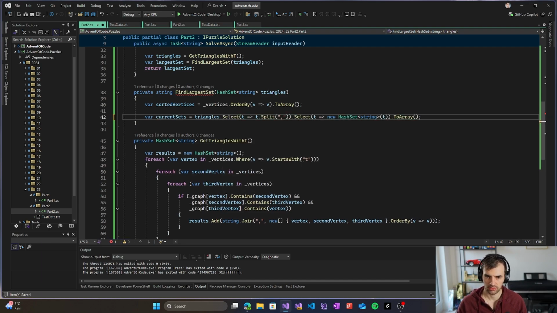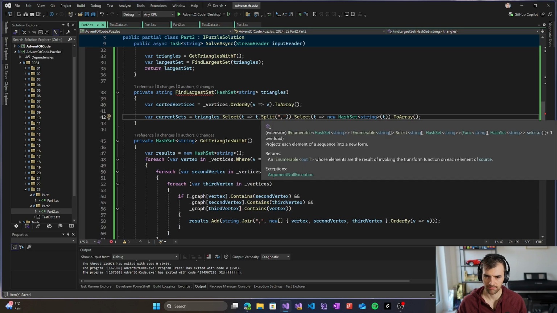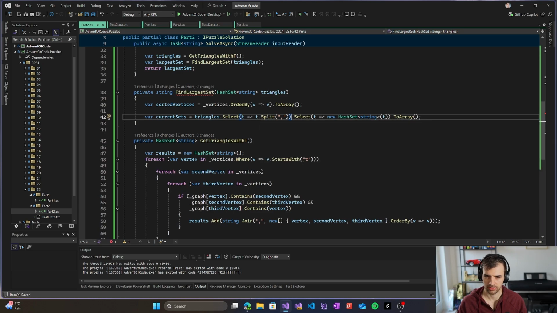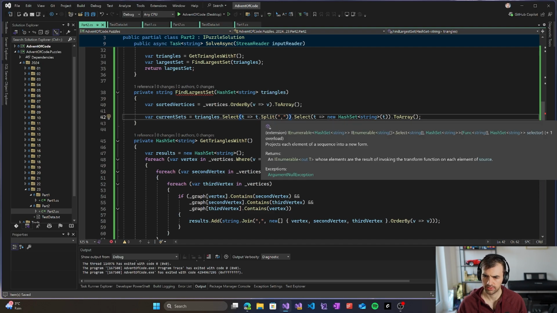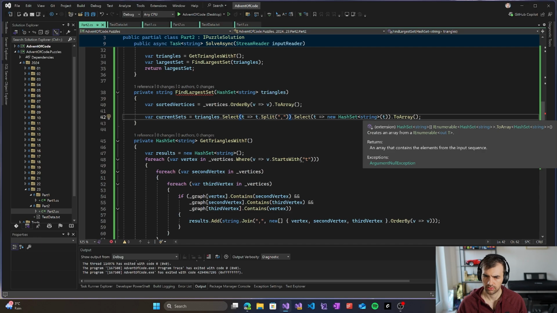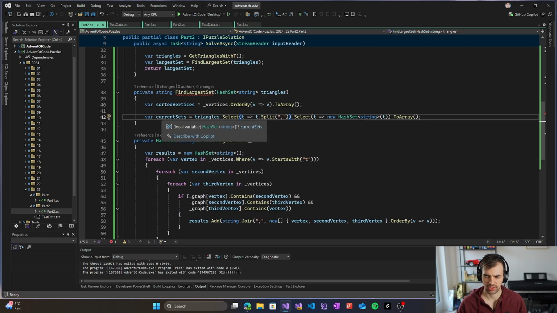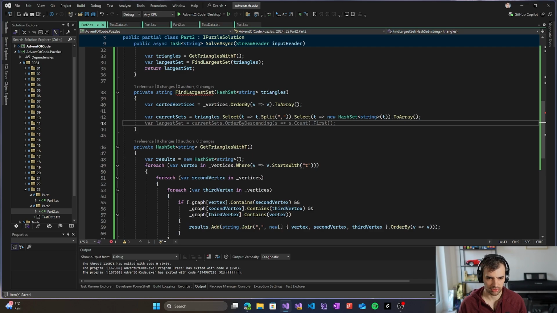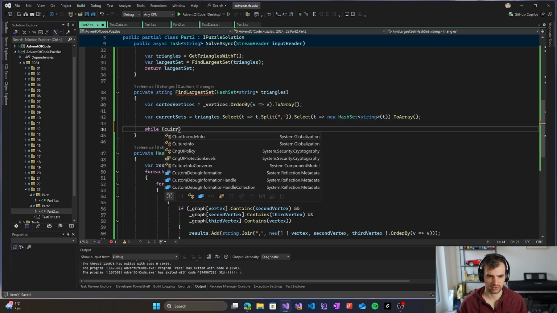Select, split them by a comma, and get that as. So there's going to be a hash set, array of hash sets. So those will be the unique triangles. So and while current